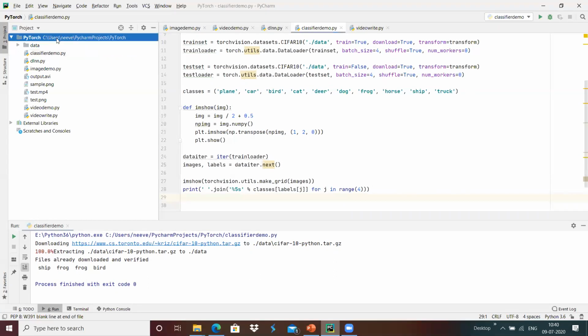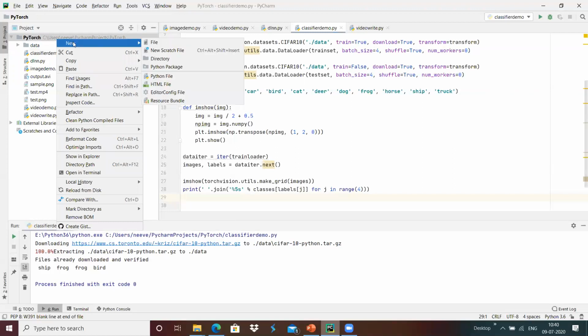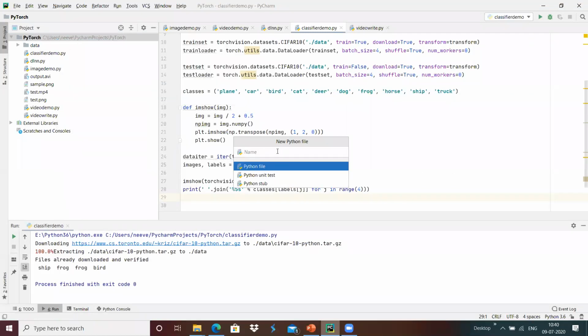For that, I'm going to define another file, a new Python file, maybe something like img_net.py, which is an image network.